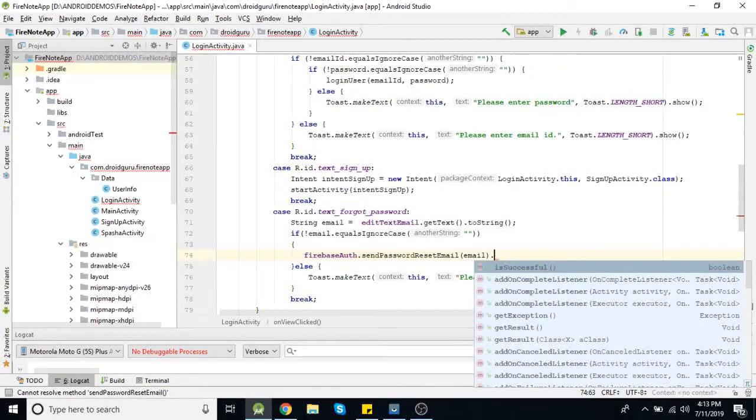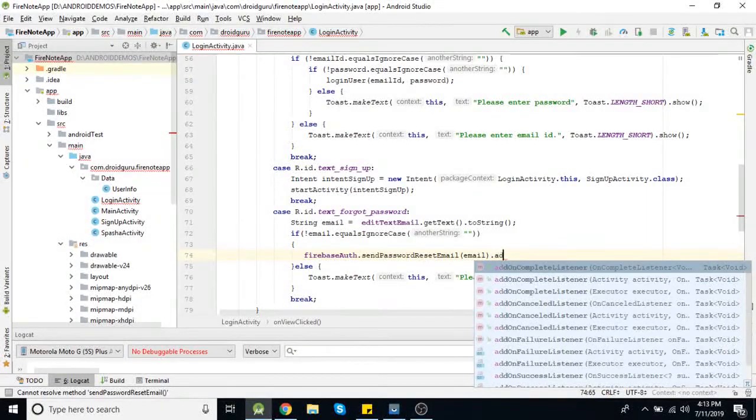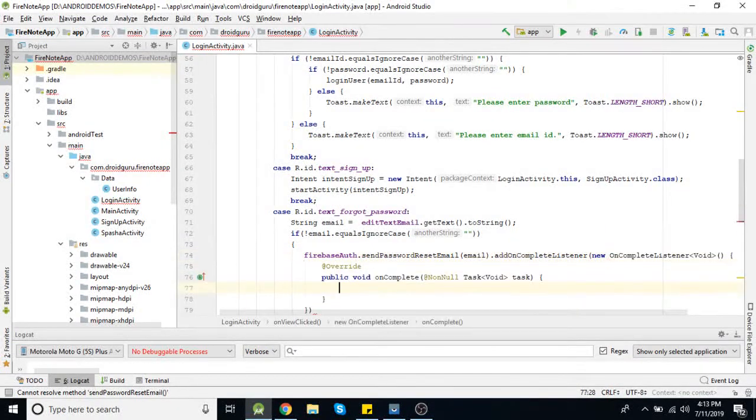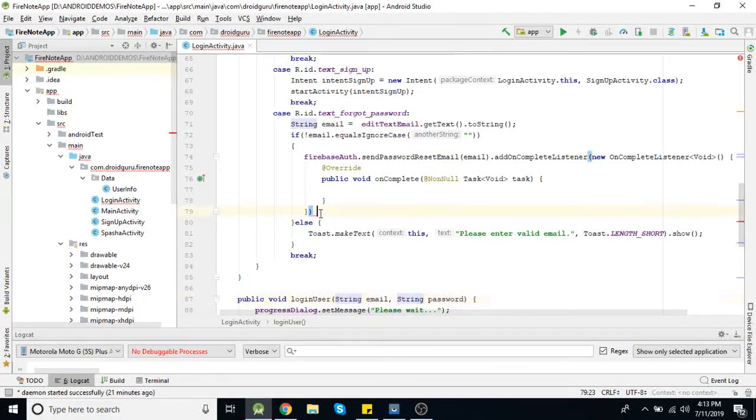Similarly here also we'll add a completion listener, new completion listener. Completion listener is same for all these methods. So when the method is completed, or when this task is completed, this onComplete method will be called, and here you can check the status.